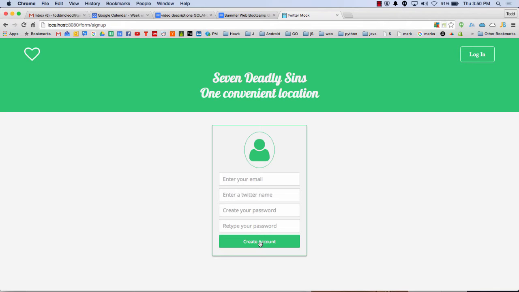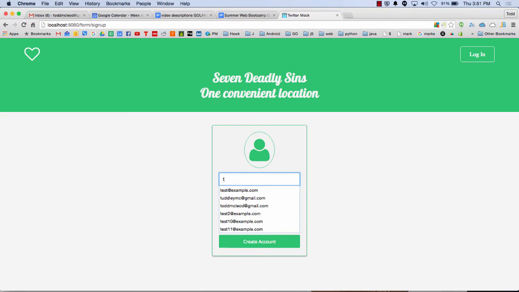I have not built that in yet. Maybe the password has to be a certain length, and that the passwords are the same, right? Create your password, retype your password. Does Google have you kind of confirm your password when you create a Google account? I just basically looked at Google for like, oh, this is best practices. I think almost everybody does. Everybody does when you create your password? Yeah. When you create your account? I think so.